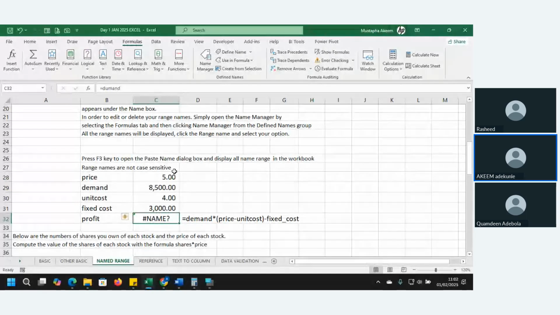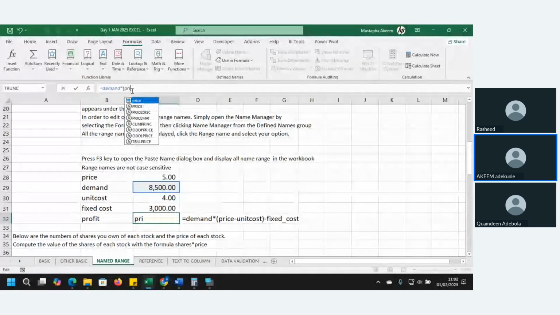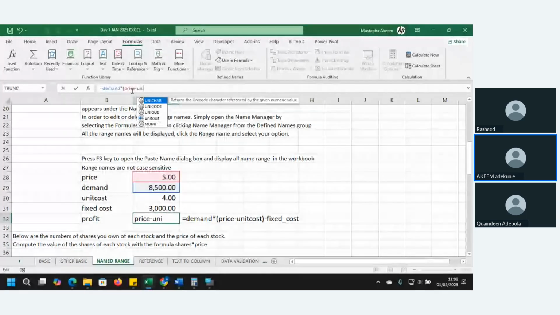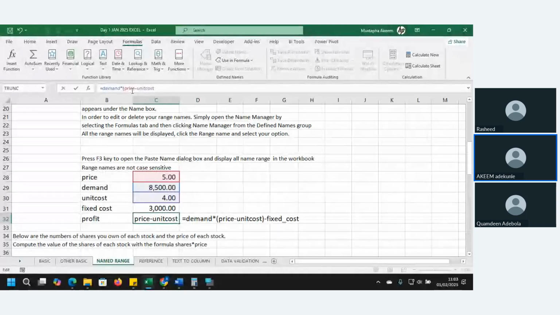Sorry, equals demand first, multiplied by, open a bracket, price minus unit cost, close the bracket, minus fixed cost.